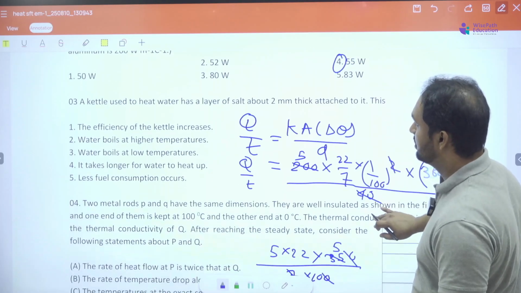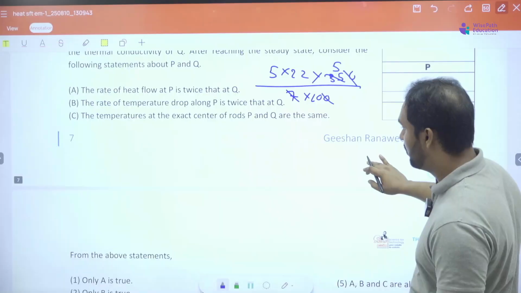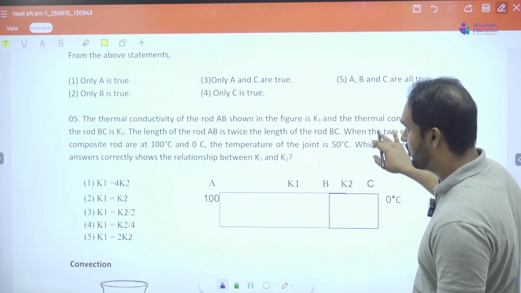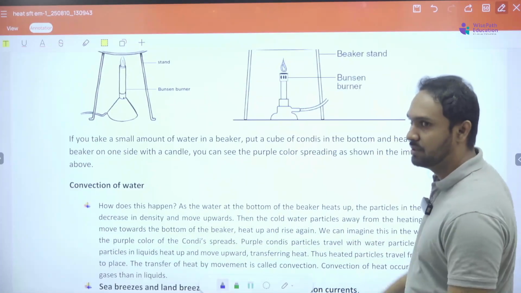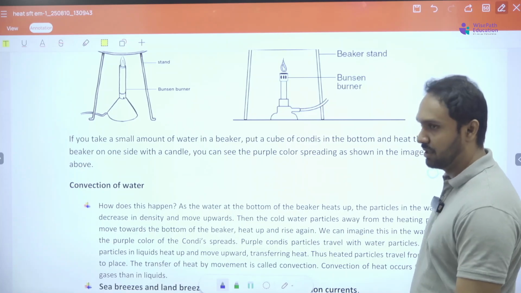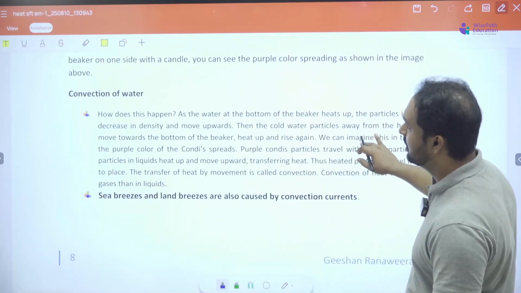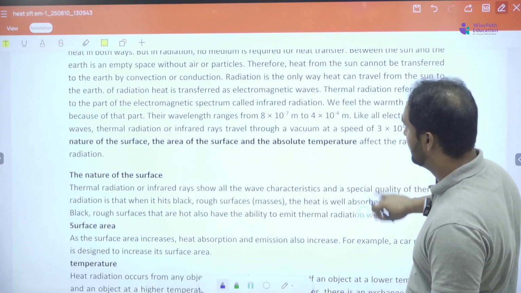So the next questions you do at home, we'll be discussing, right? All the rest do it at home. We only discuss two of the questions, right? The rest you do it at home. You try it at home, and remind me to do it in the class. Right. Next thing, convection. What happened?